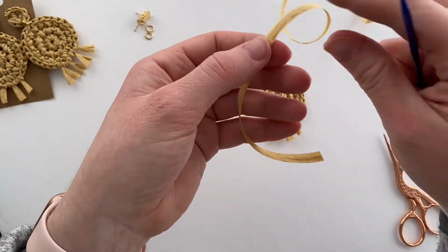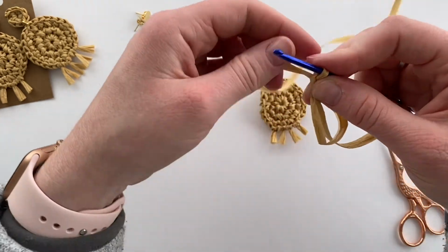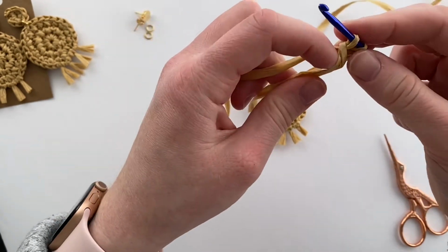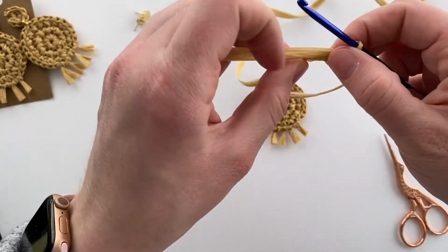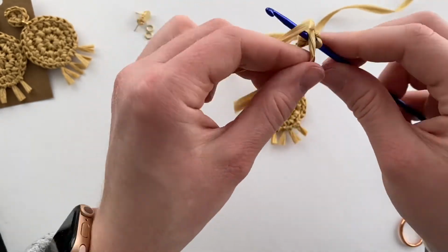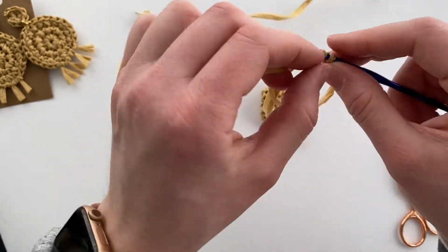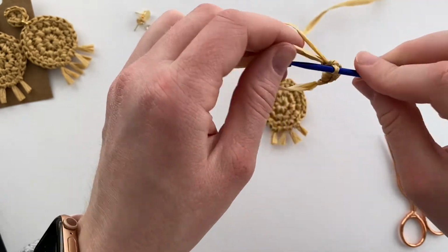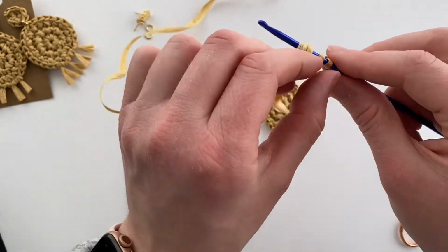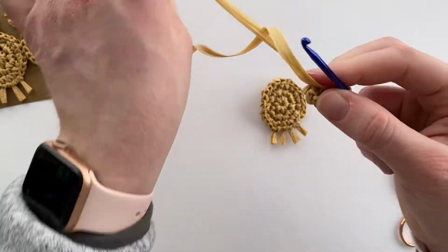To make the top part of the earring, you'll make a magic circle, pull a loop through, yarn over, and chain up 1, and then make 6 single crochet into the magic circle. 1, 2, 3, 4, 5, 6. Then take the tail, pull it nice and snug,